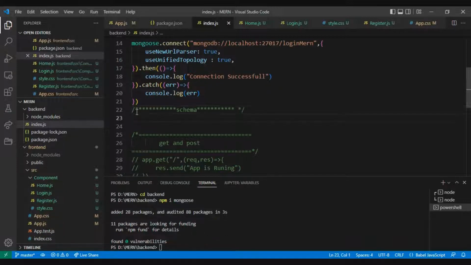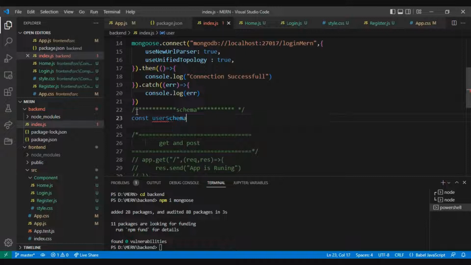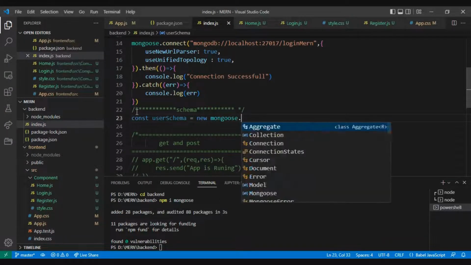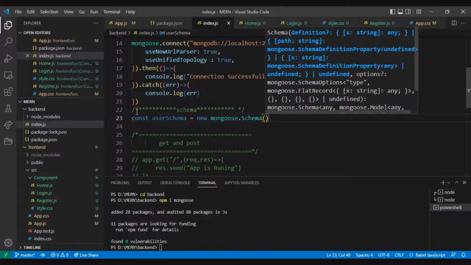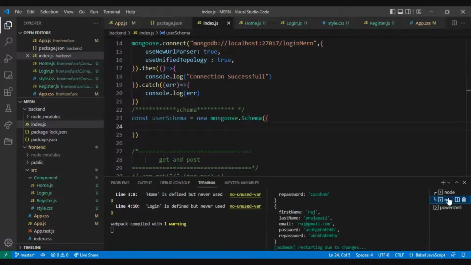For the schema, const userSchema, and we give new mongoose.Schema, and in that mongoose schema, first of all we define which values we want